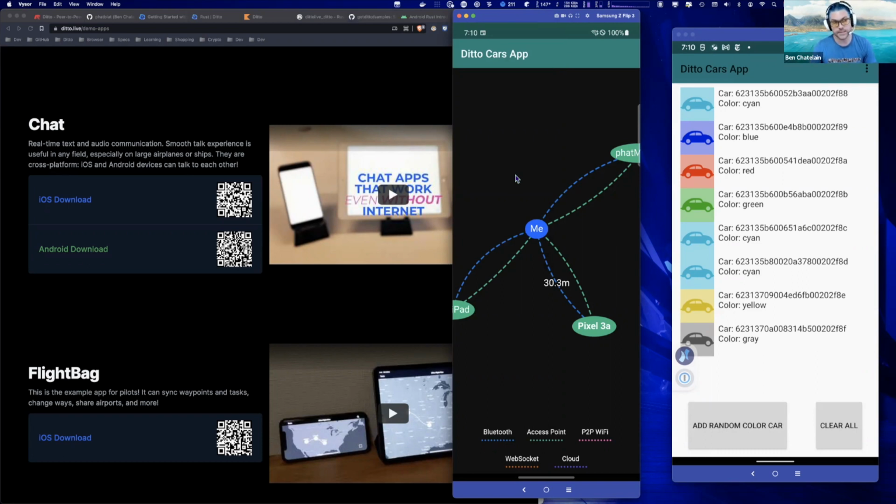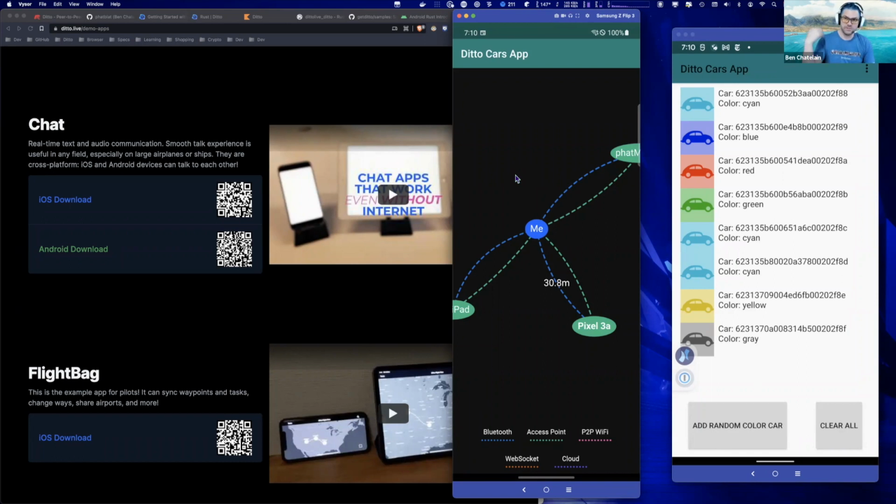The question is why isn't it staying alive as long as we expect it to? Because we want to put that control in your hands as a developer. So if you want to optimize for battery life, you could do that. We do have some battery optimizations already baked in, where it sets up a connection and tears it down for a little while. But if you want to just shut it all off